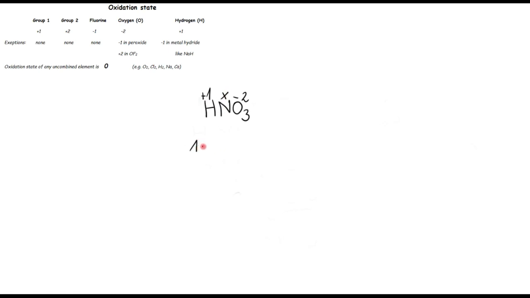So 1 multiplied by +1, where 1 is the number of atoms of hydrogen and +1 represents the oxidation state of the hydrogen, plus 1 multiplied by X, plus 3 multiplied by -2, and the overall charge of the molecule is